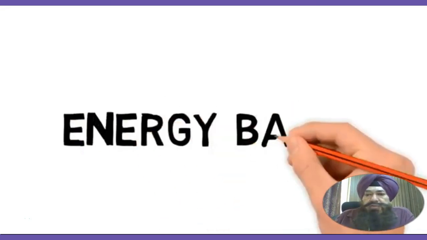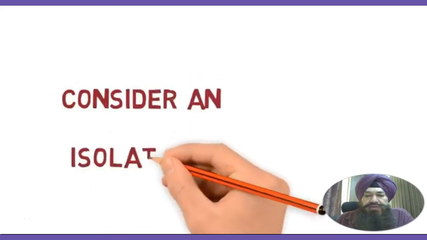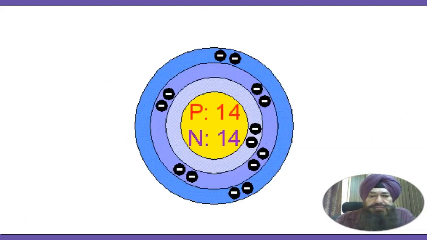Today we will discuss how the energy bands are formed. Now let's consider an isolated silicon atom. This is a silicon atom